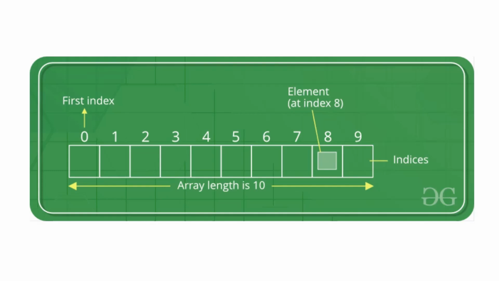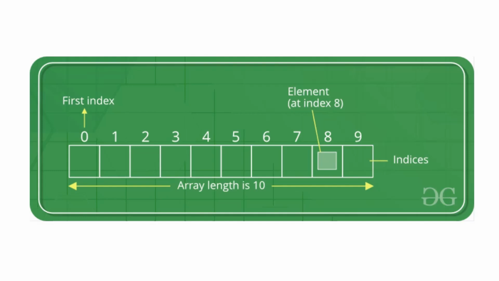When you are going to store elements into an array or list, how exactly are the elements indexed? Generally, if you take any array as shown in this picture, the array size here is 10. The first element is inserted at index 0. The index always starts from 0, not from 1. Since the index always starts from 0, in this case, for a length of 10, the last index will be 9. So the total elements in the array is 10, starting from 0 to 9.